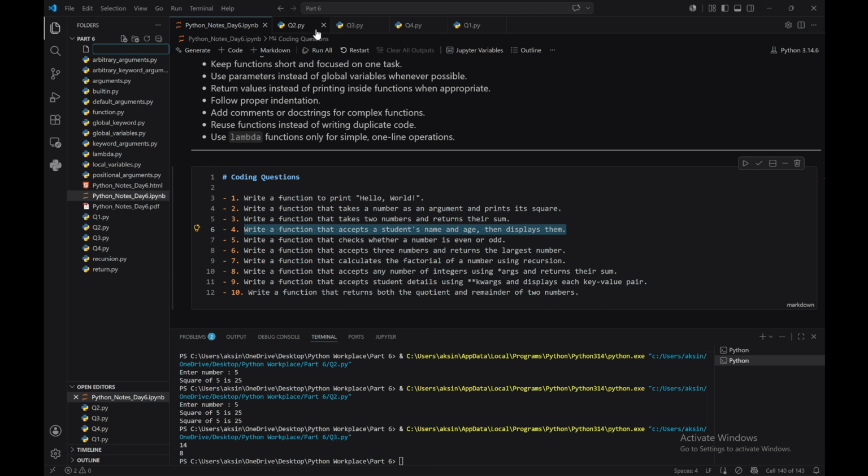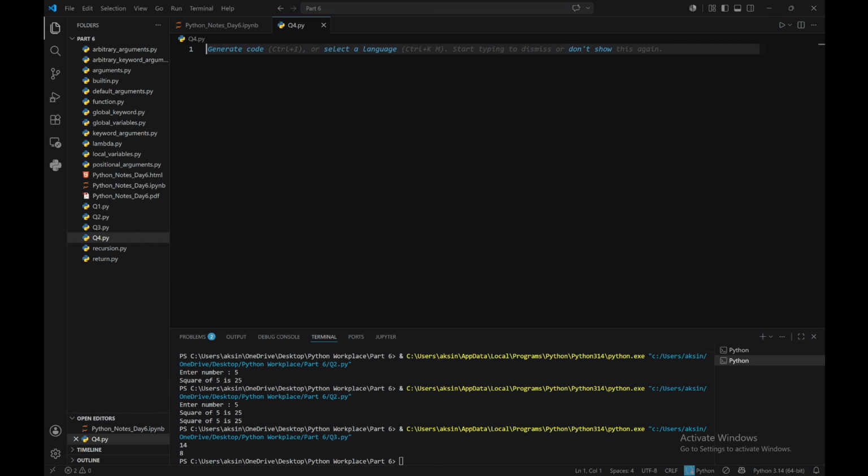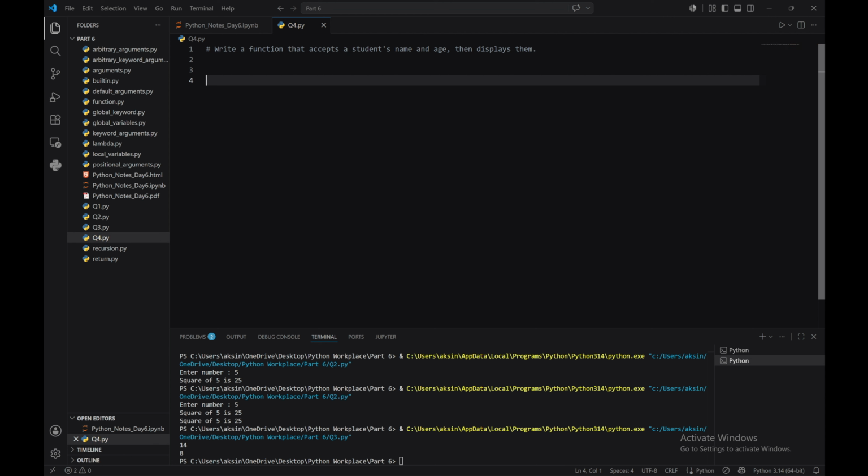So let us create def. We will give the function name as info. Here we will give the parameters name comma age,